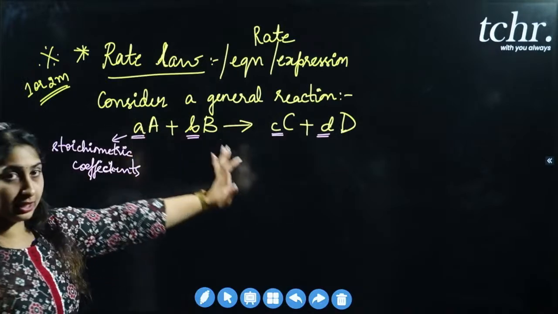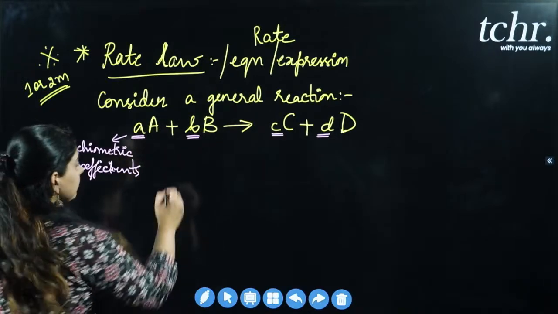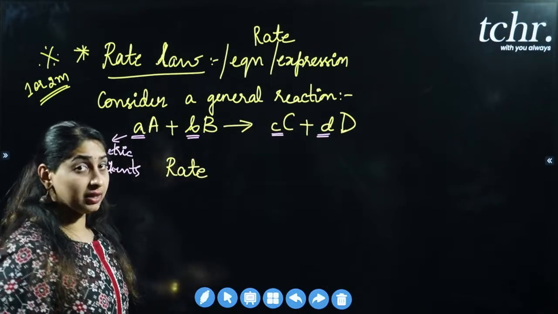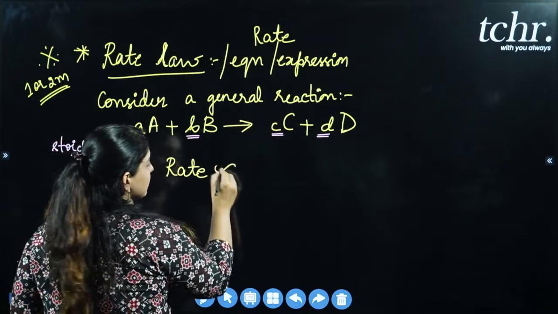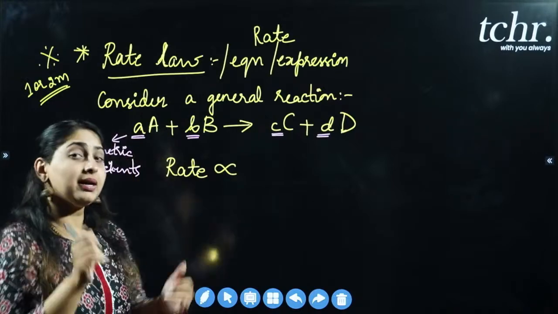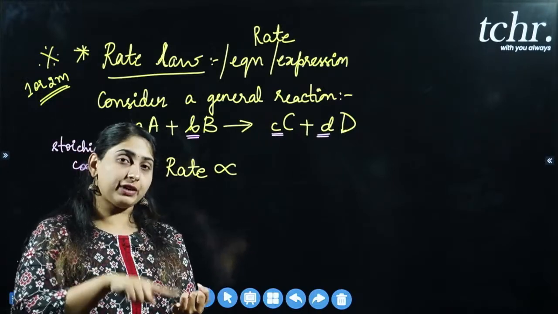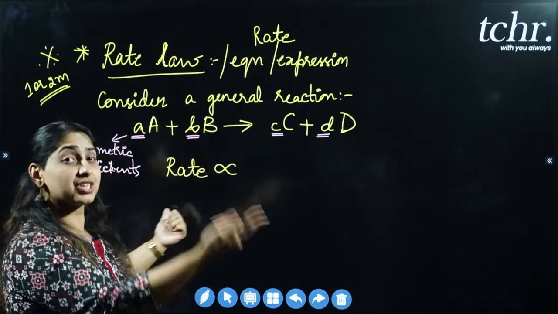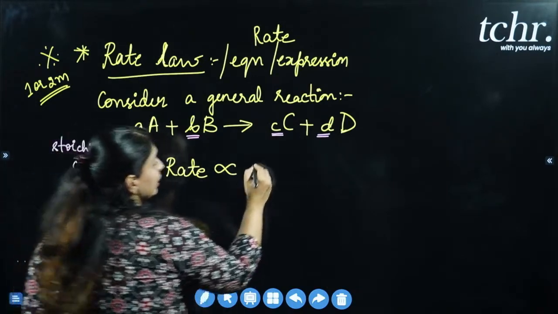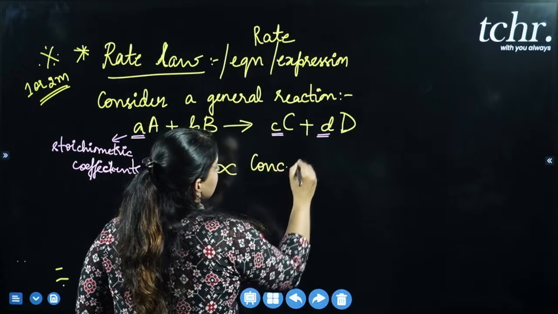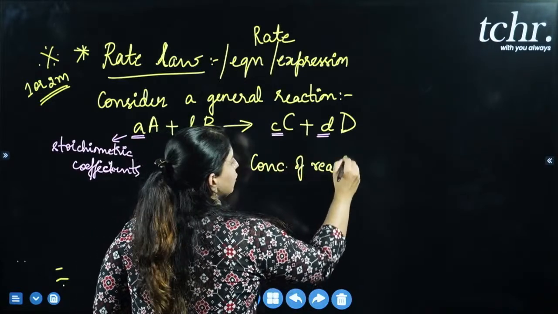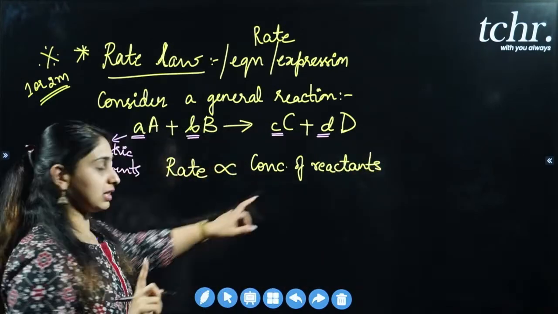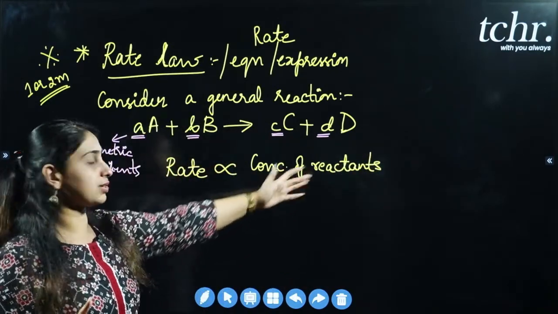So in this particular reaction, as you have considered, how do I write the rate? As we have already studied, okay? So rate of the reaction is directly proportional, right? By altering the concentration of reactants or products, you will be able to find the rate. So the rate of the reaction is directly proportional to the concentration of reactants. You can consider it to be products also, but to avoid confusion let us take one reference. So here I will take it to be concentration of reactants.